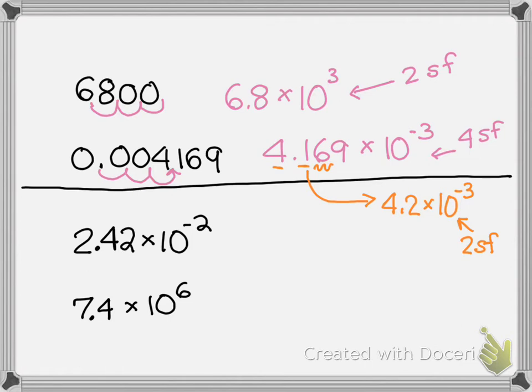So I guess what I want to emphasize is that the coefficient is what tells us how many significant figures there are. We don't have to move the decimal or anything, we just look at the coefficient. All right, so in the second part, I wrote 2 numbers in scientific notation, and I wanted you to write them in standard notation. So this is a negative 2, and I know that a negative exponent goes with small numbers, so I need to move, if I have the coefficient, I need to move the decimal 2 places to the left, 1, 2. So that would be